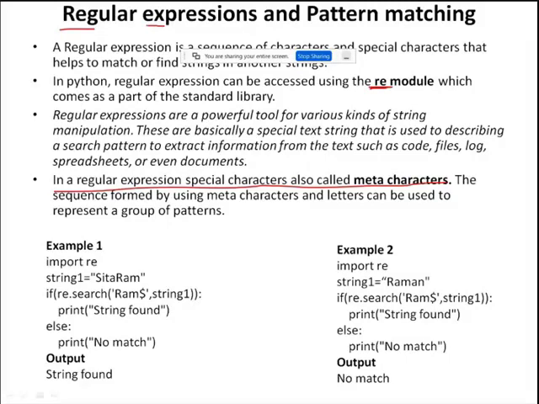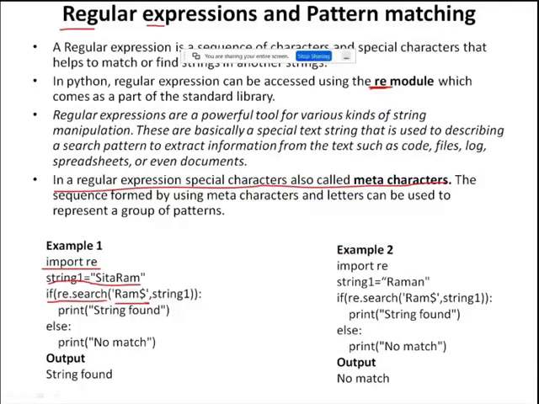If you see this example, to write a regular expression statement we compulsorily need to import the RE module. Here, string1 equal to Sitaram is a normal string assignment; Sitaram is a string value assigned to the variable string1. From the RE module, which I already imported, I am using the search method.